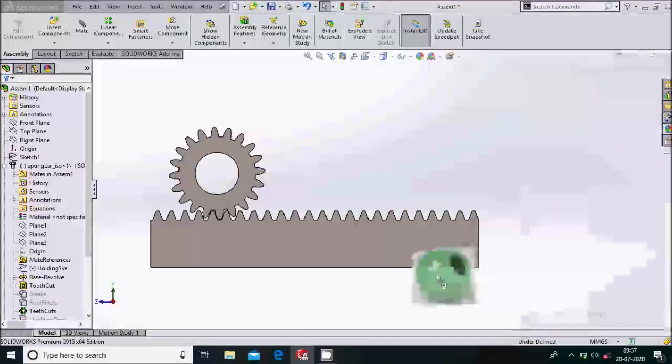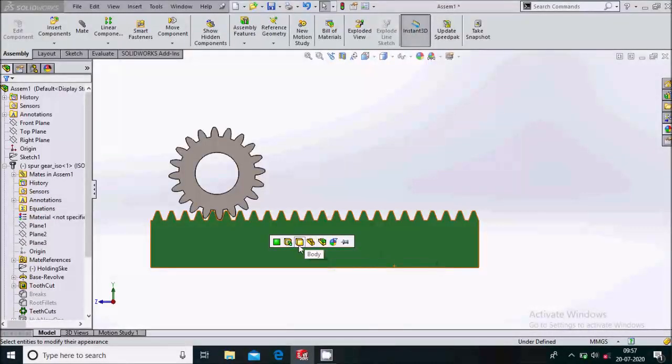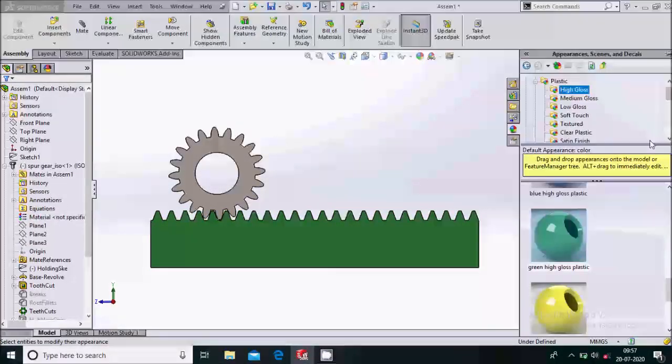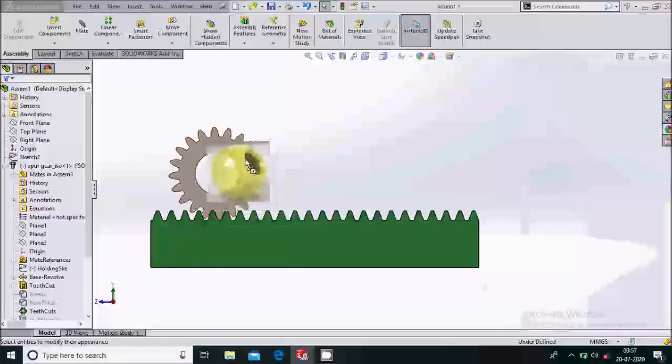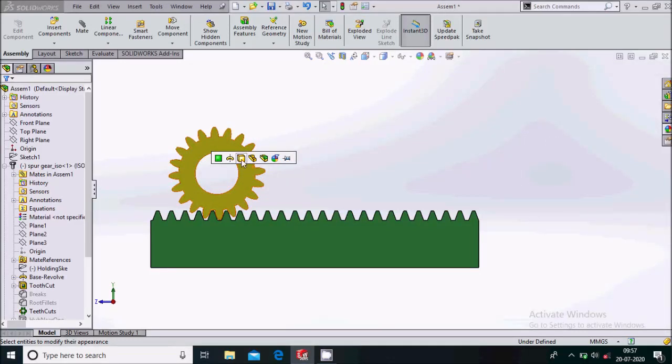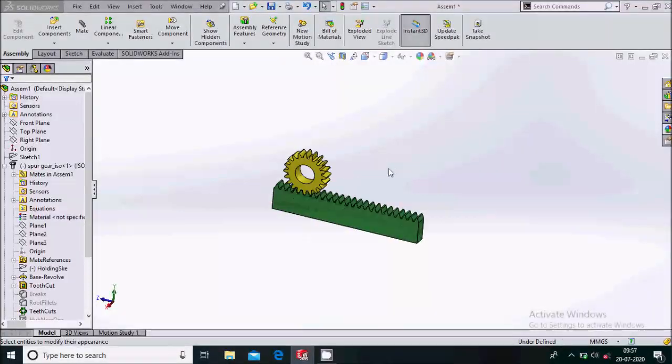Now I will give this green color to this rack. So simply drag it over the rack and select entire body. Again go to appearances and take this yellow color to the pinion gear. Okay, so in this way.